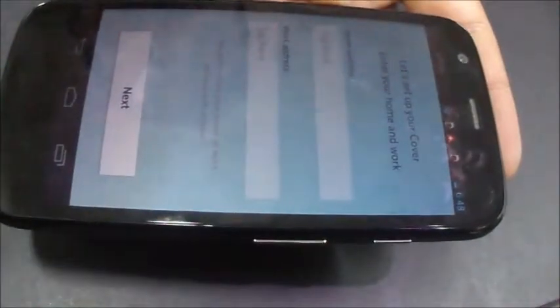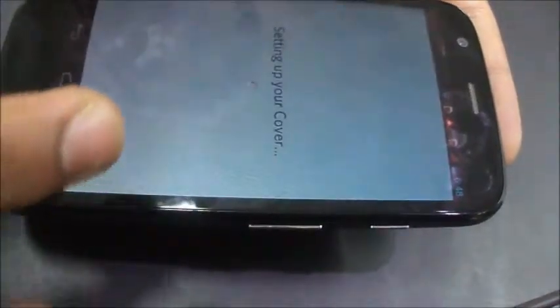So next it will ask you to enter your home address and the work address for the GPS navigation if you want to, and it eases down the GPS navigation once you're out somewhere and trying to find some location. So it is not available for India yet, and the Indian details are not in the GPS directory, so I'll just skip it. It shows my email address by which I have logged into the Android phone, so I'll just open it up. It is setting up the cover for me in my phone.